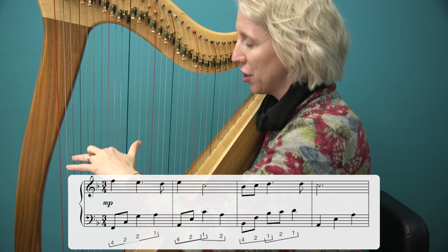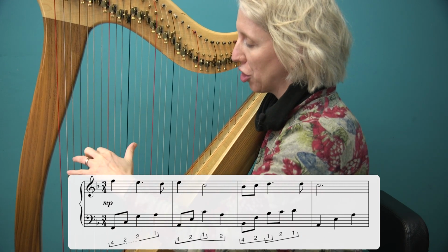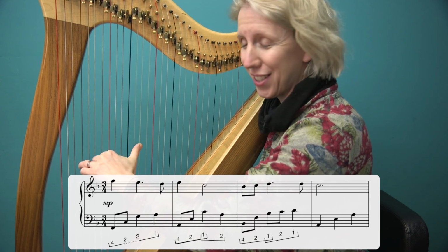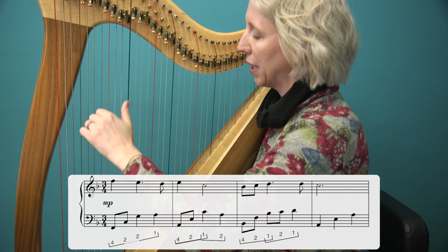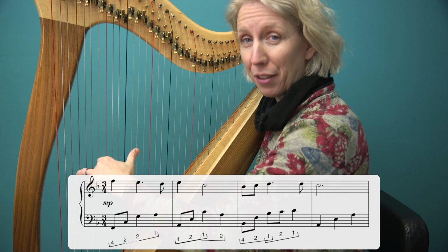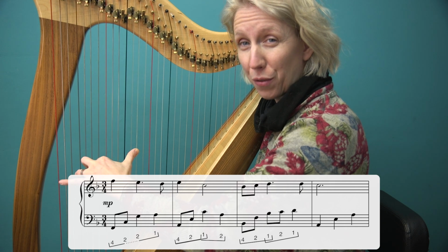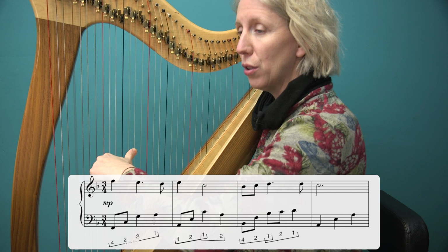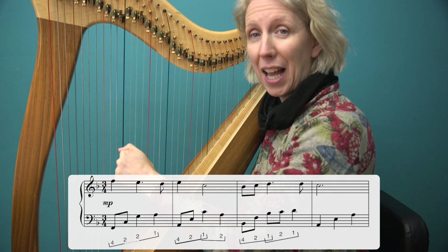Okay, so if we try that a little bit more in time, first of all we want to think about approaching and opening up and trying to land on all three of those at once, so that it's not this and this and this, but opening up, thinking especially about the thumb, just letting that open up. Notice how my other fingers are now just dangling down in a relaxed way, not sort of tense and up, but nicely relaxed. Then we play the 4, 2, hop, 2, bit of time, and then we finish off with